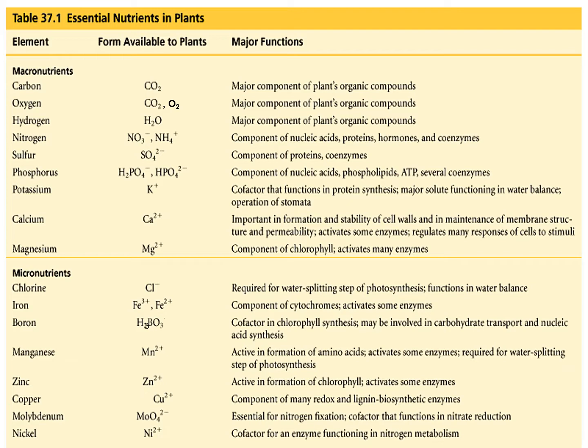There are actually 9 macronutrients required by plants and 8 micronutrients required by plants. In this table, the available form to plants are also indicated, and their major functions are